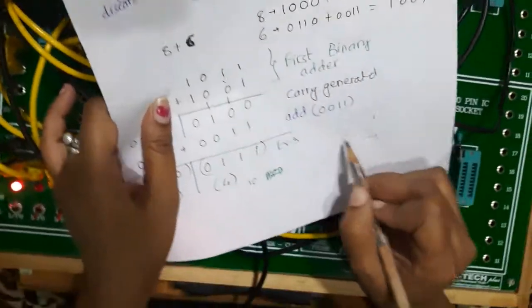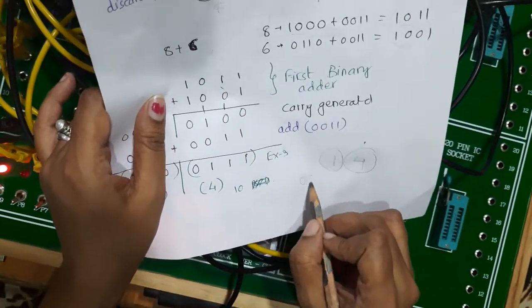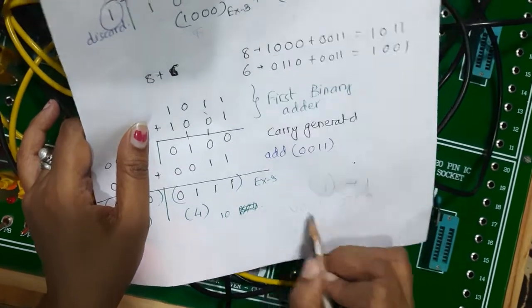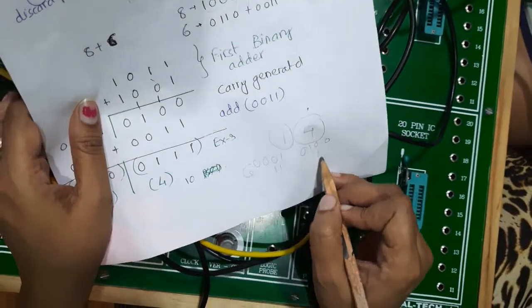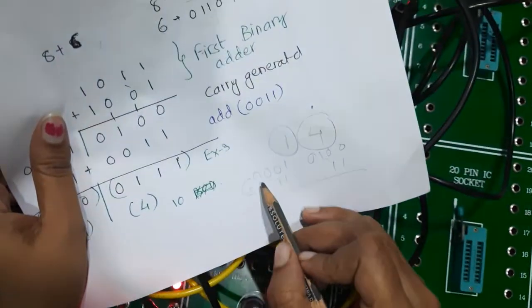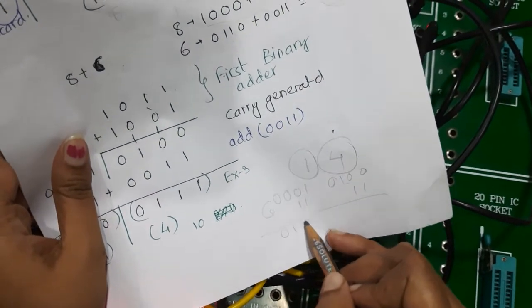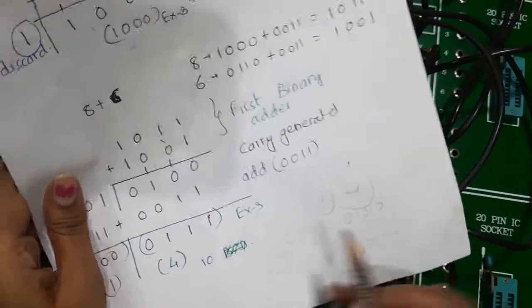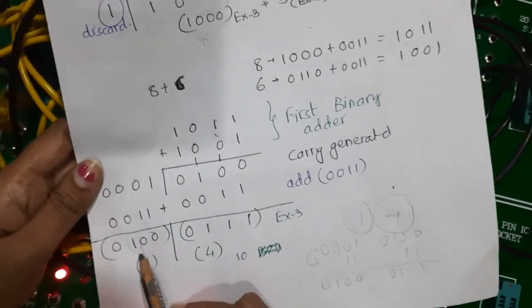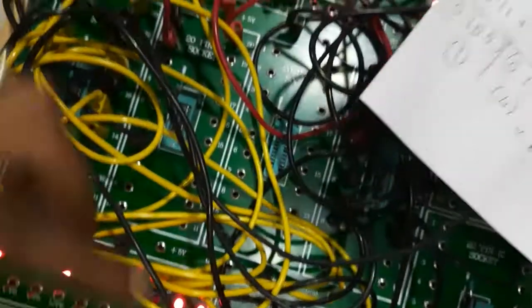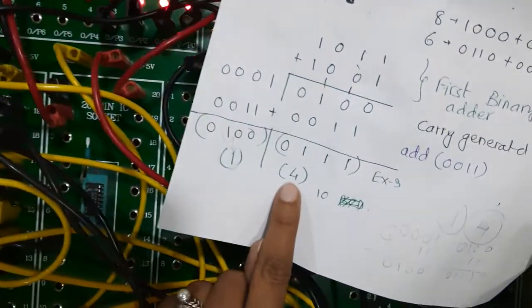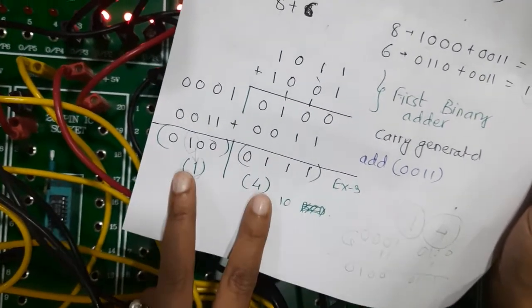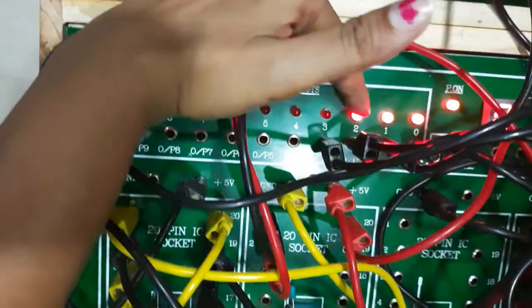So 14 has digits 1 and 4, and they should be represented as 0, 0, 0, 1 and 0, 1, 0, 0. These are their BCD. But as we need XS3, we need to add 3 on both sides. So here it is 0, 1, 0, 0, and here it is 0, 1, 1, 1. As I said, whatever 1 is, that is taken as a carry over here. This is the carry, and 4 is represented as 0, 1, 1, 1. So combinedly this is 14, 1 and 0, 1, 1, 1. So this is how the XS3 adder is designed.